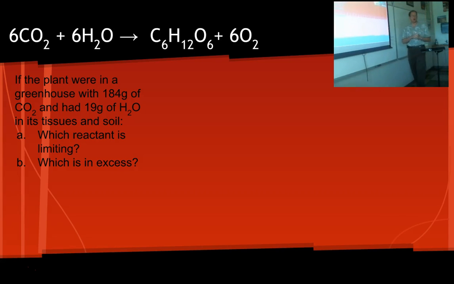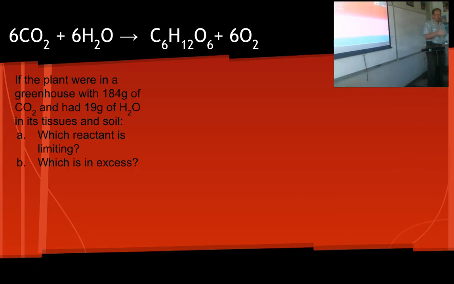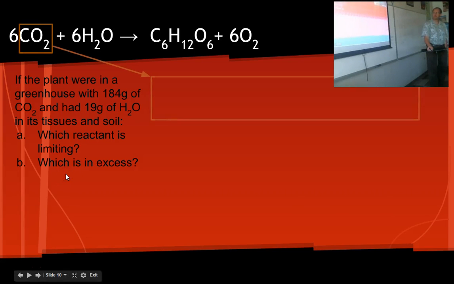So first, I need to know how many moles is 184 grams of carbon dioxide and how many moles is 19 grams of water. Because the relationship between carbon dioxide and water is 6 to 6, or you can reduce that to 1 to 1, right? It's supposed to have as many moles of carbon dioxide as it does of water. So I need to use my molar mass, and I need to find out how many moles of these things I have, okay? So the molar mass of CO2,